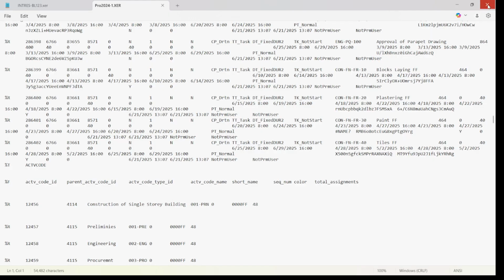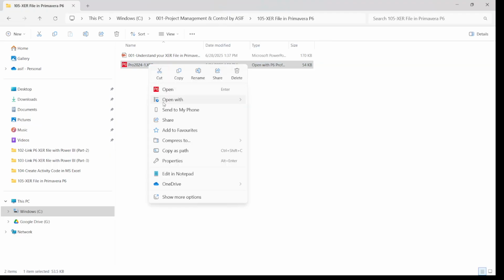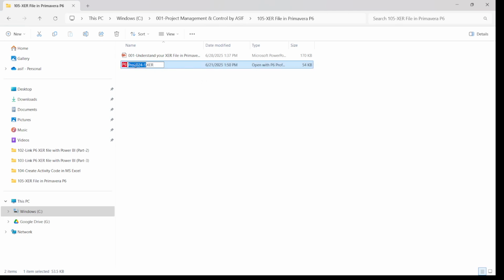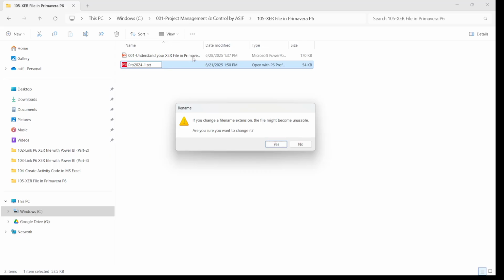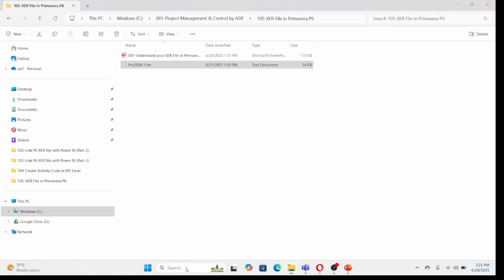But if we close this file and change the extension of the file, just right click and select rename. The rename option will select the file name. Just go to the extension of the file, which is XER. Change this XER to TXT, a text file, and it will ask you for confirmation. Just confirm. Once it's confirmed, you just go to Excel,